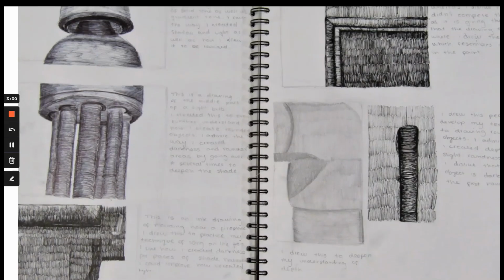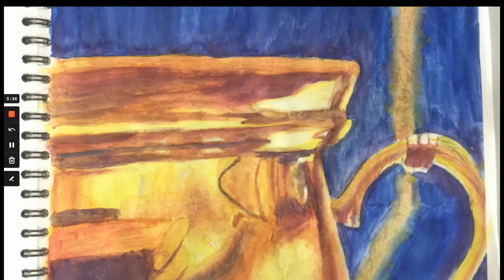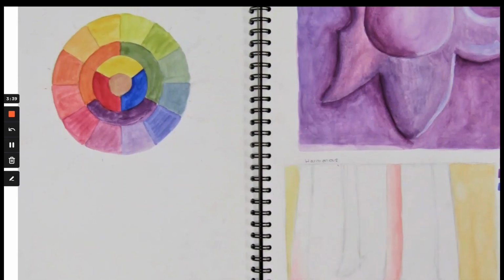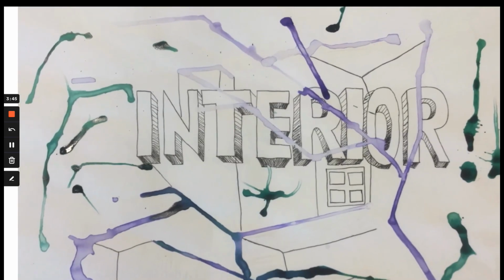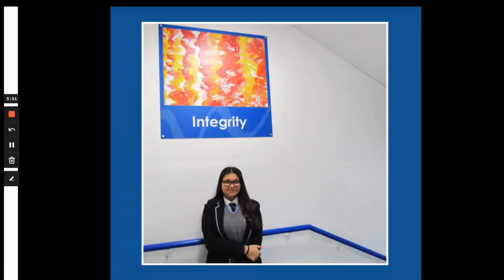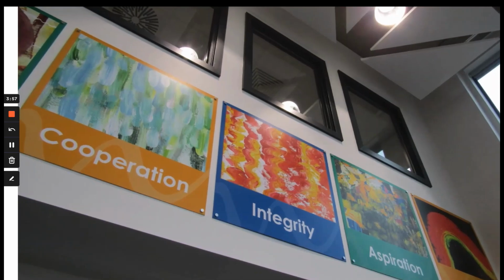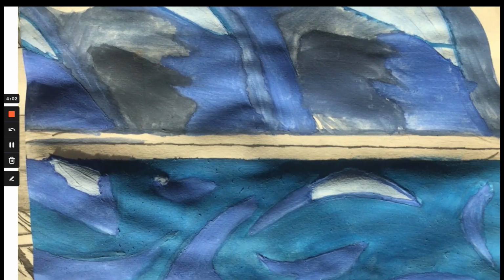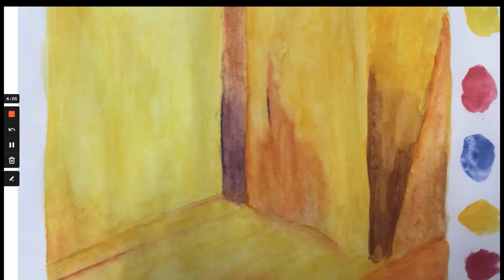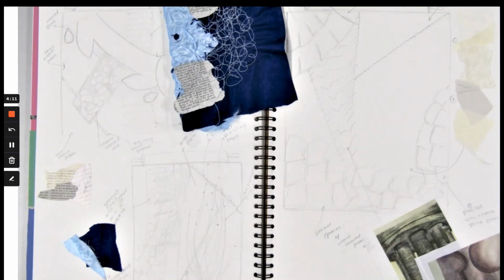The project they're working on currently is called Interior. So you can see some of the drawing, the kind of mark making techniques that they're using, painting, looking at colour theory, understanding tertiary colours. So there's a range of practical and theory elements that they learn throughout the process. And you can see them working in large areas as well as working small. Students are really encouraged to experiment with a range of skills and techniques, so they begin to develop a style